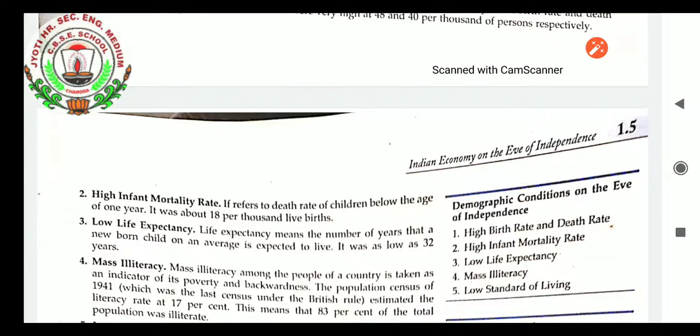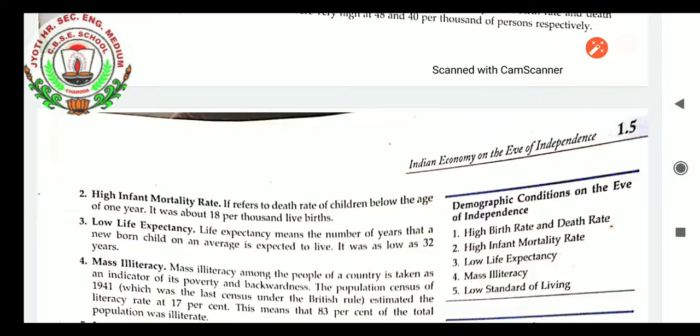Because of that reason, their death rate was also very high. People were not only economically but emotionally weak. In that situation, they cannot think of the formation of income and the economy. So that was the reason. That is also a problem that our country was facing.